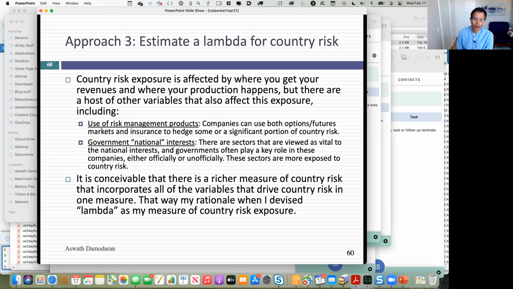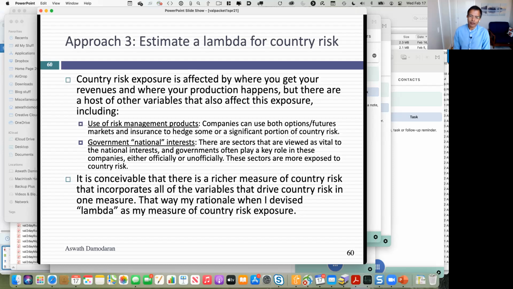Why did I call it lambda? I've discovered a secret. If you come up with something in finance, you give it a Greek alphabet letter. It adds this layer of sophistication. If I called it L, people would have questioned it. Lambda sounds so much more sophisticated. The only people who are not impressed by this are the Greeks. So why do you keep stealing my alphabet? I said, take it up with the option guys. They stole your alphabet first.